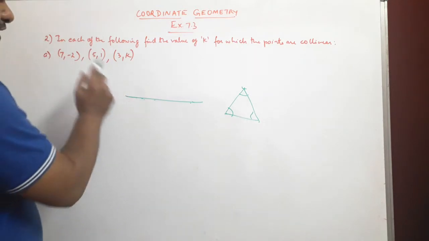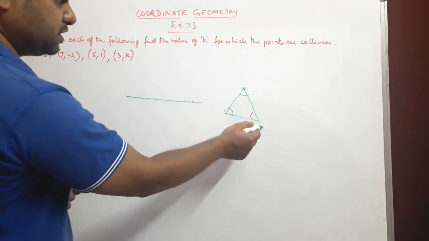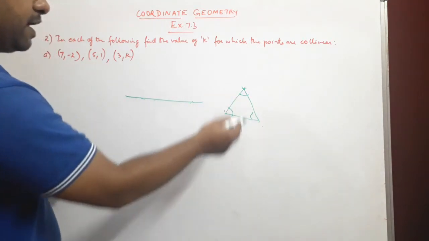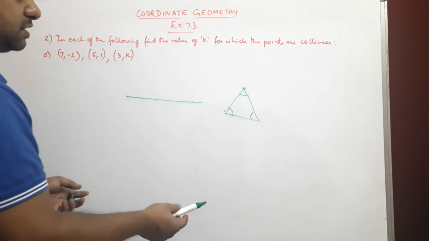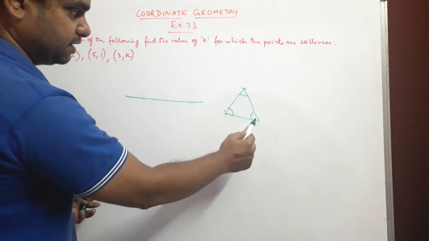Now if these points, which coincidentally also happen to be the vertices of a triangle, happen to be collinear, which means that all these points merge on one particular line, this line,